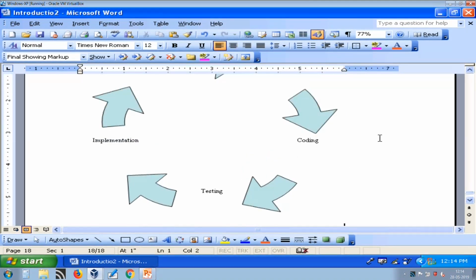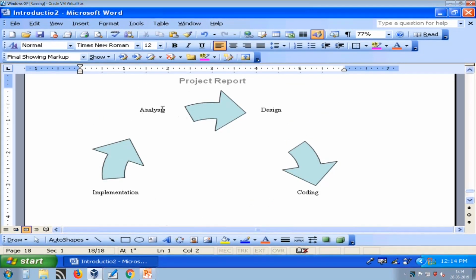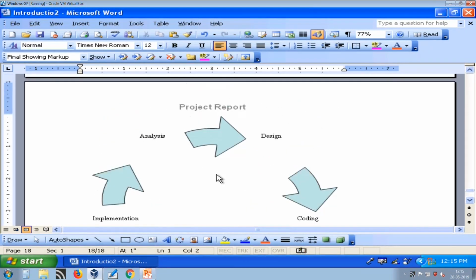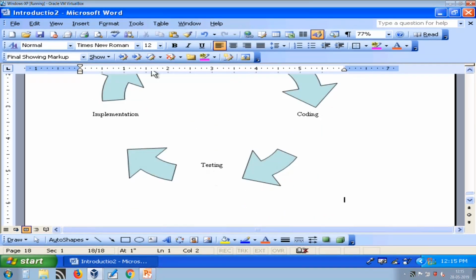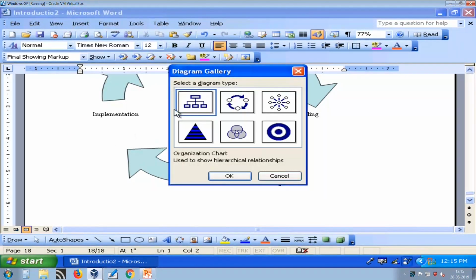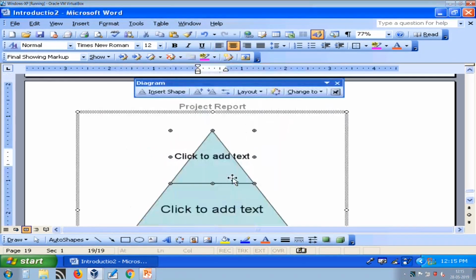So, this will show that you start with analysis, then design, coding, testing and implement. So, this kind of diagram can be inserted easily in Microsoft Word. If you want to show some pyramid structure, you can insert that also.